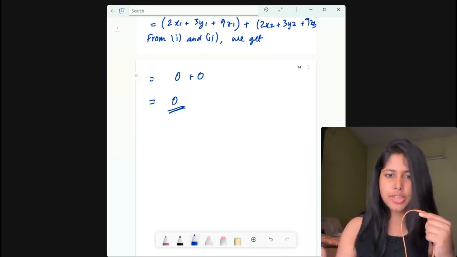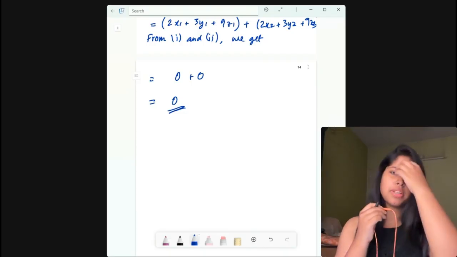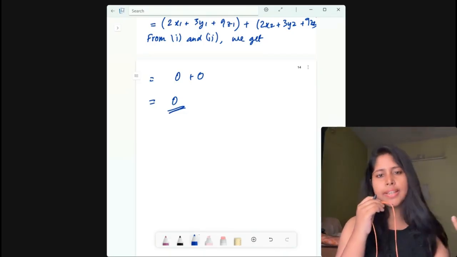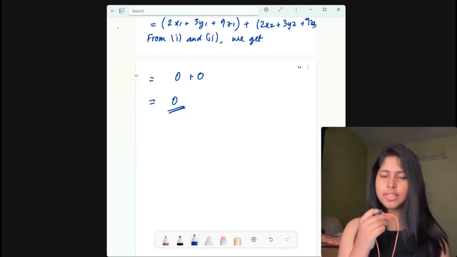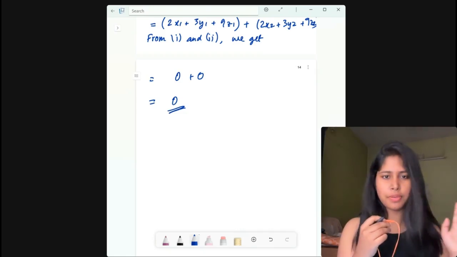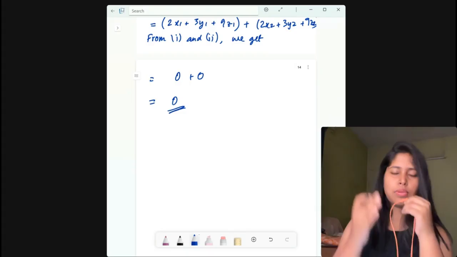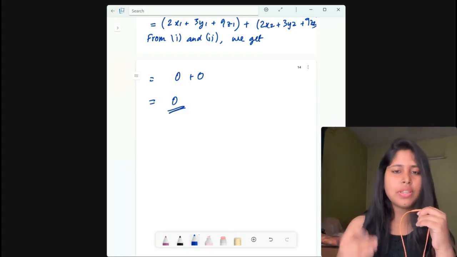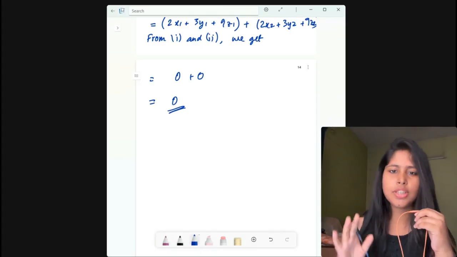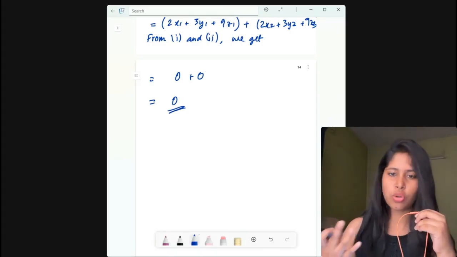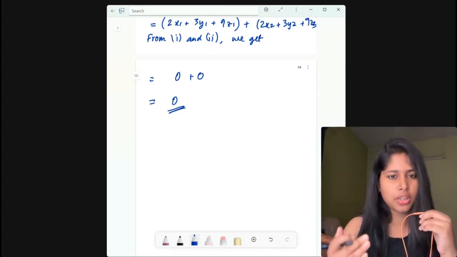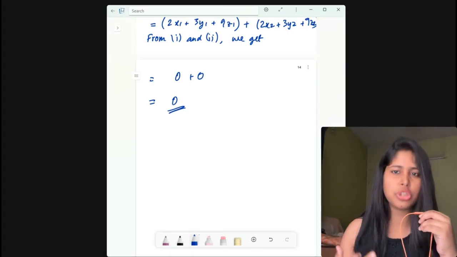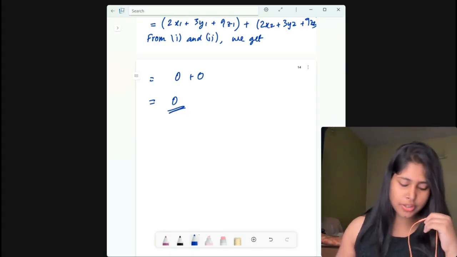Now we will come to the next property, which is closure under scalar multiplication, right? For this scalar multiplication, we take any scalar c, and we then multiply that c with any of the vectors. Let us say we multiply it with the vector alpha. Then we multiply the scalar with the vector, and then we see if this comes to be 0, then this will work perfectly. Then we can say that all three conditions are satisfied, so S is a subspace of R3. All right. So let us check if the third condition also holds, which is the closure under scalar multiplication. All right. Now let us see that.